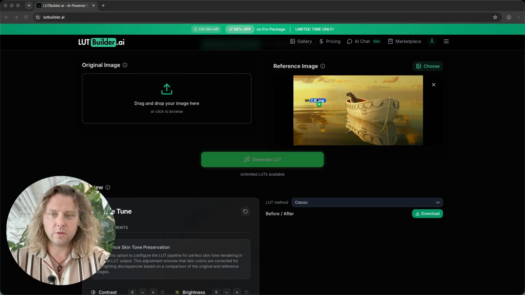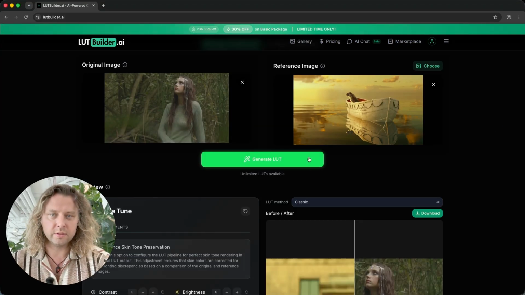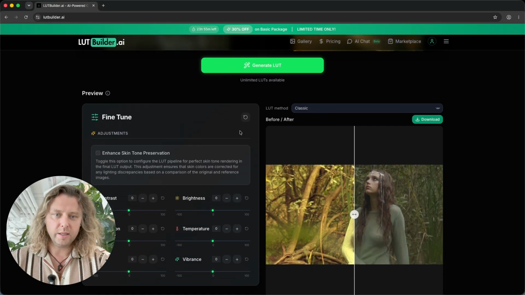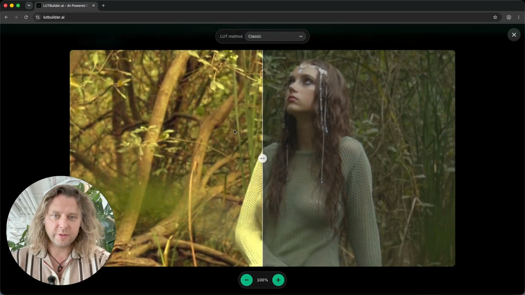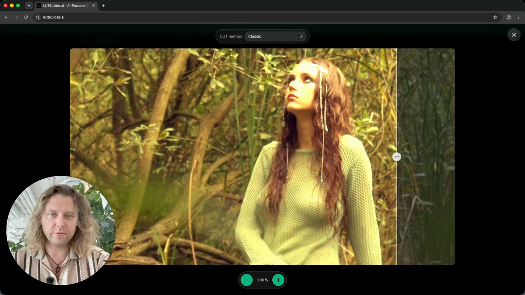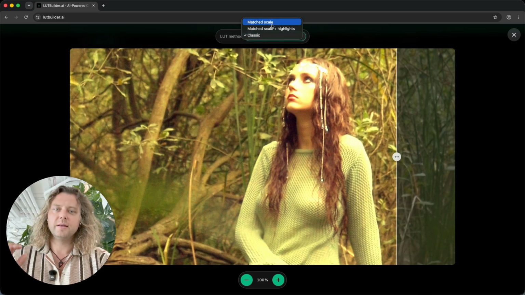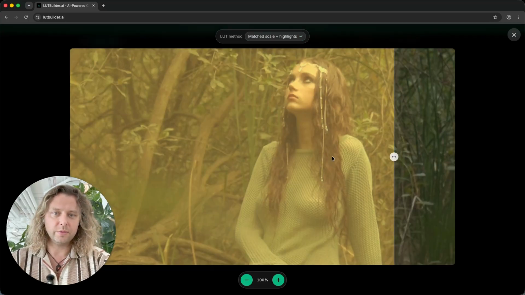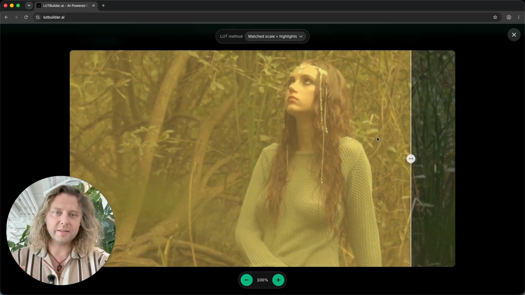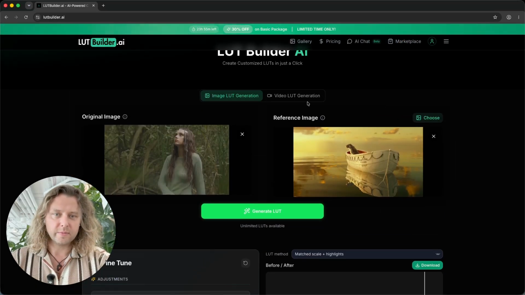Another photo, also from our ambassadors, and we have the classic algorithm here, a little bit destroying the photo because of the too high contrast. Let's see how it looks with the new generation. And we have it. We are only taking the colors, not playing too much with the photo. And I can go with